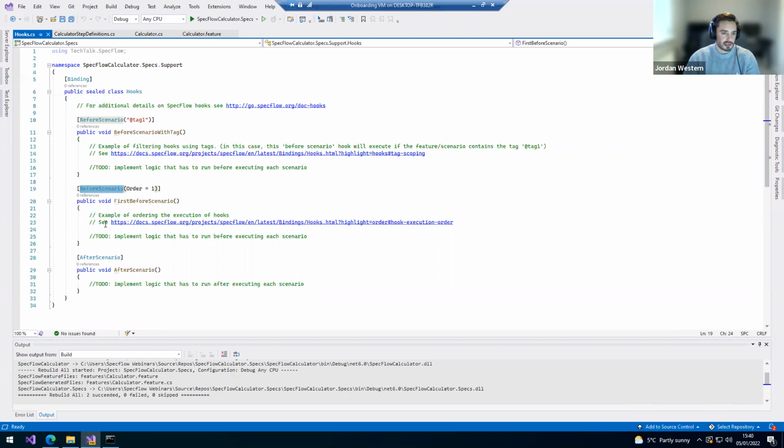So there's this before scenario, after scenario. There's one which is before test run, which will happen even before, obviously, the scenarios. After test run, there's one for after step. So you can see here, we've got after step, after test run, after scenario block, after scenario, after feature, etc.,